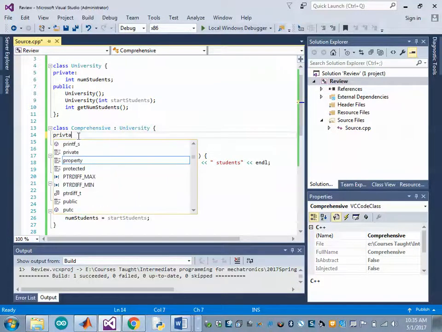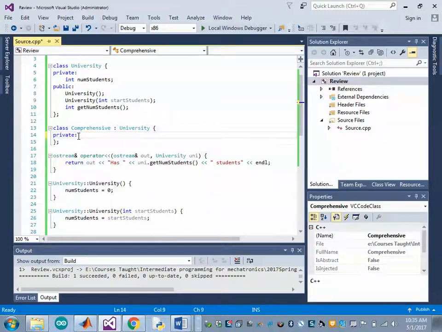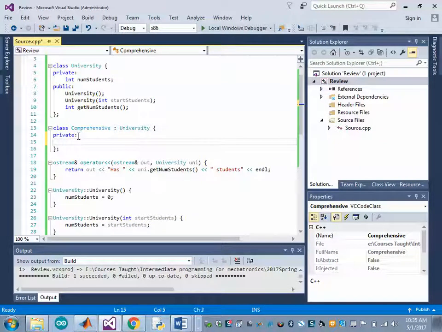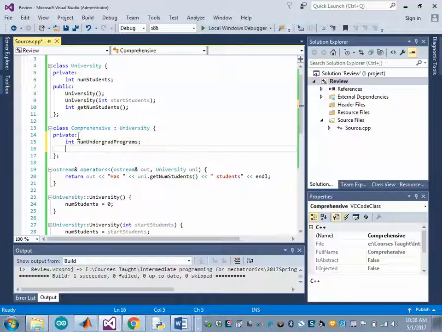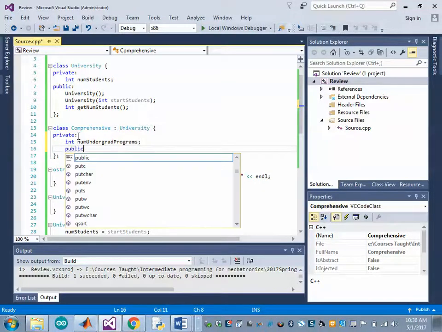But we'll go ahead and say that a comprehensive university is going to have another data member that says number of undergrad programs. Okay. Now, of course, Georgia Tech has undergraduate programs too, but I'm just trying to make a point here. Okay. And so we'll have a number of undergraduate programs, and then we will have a public